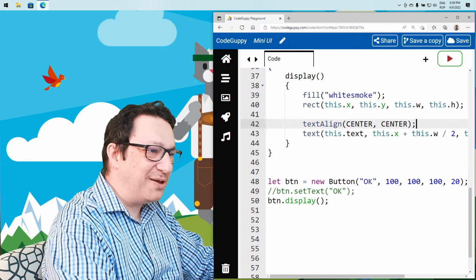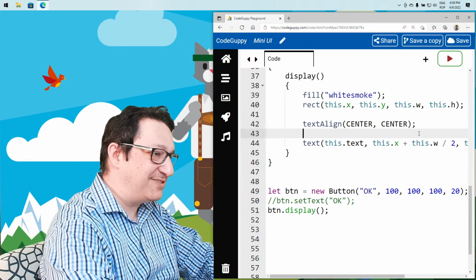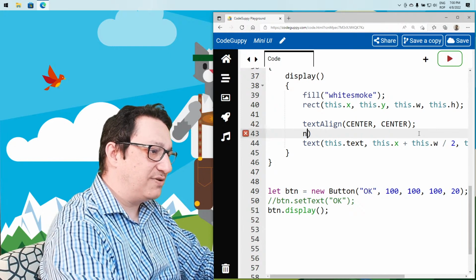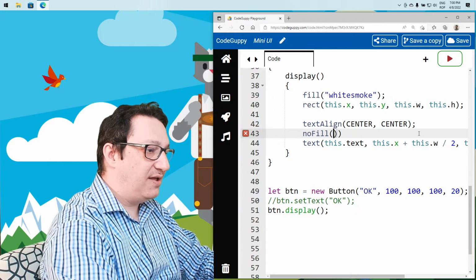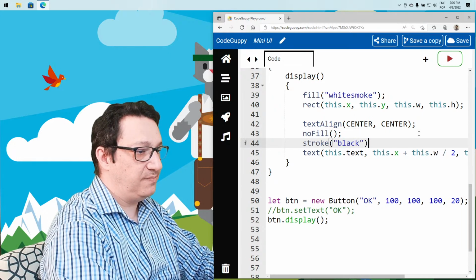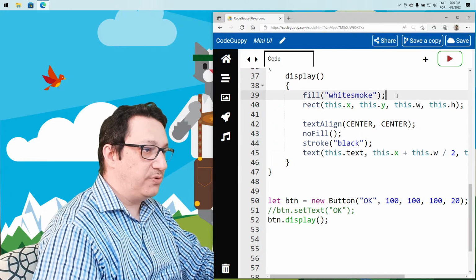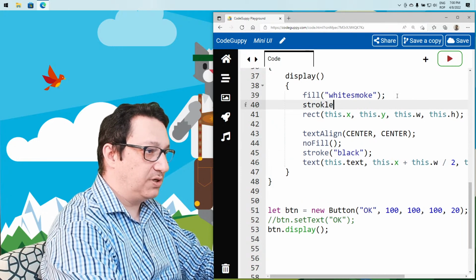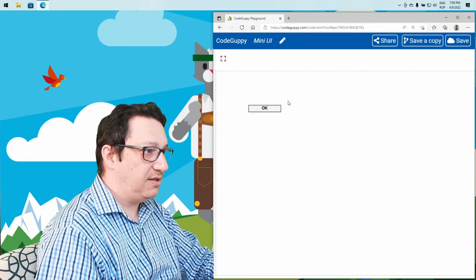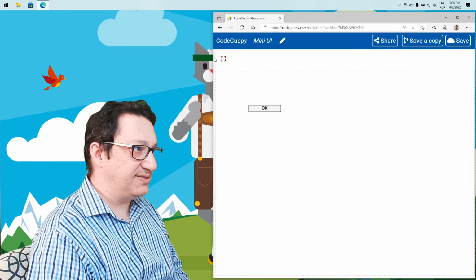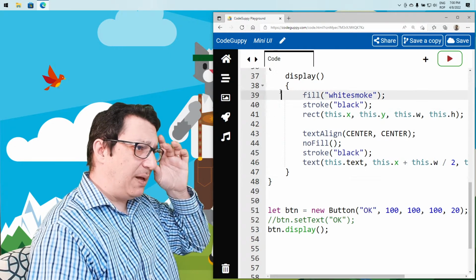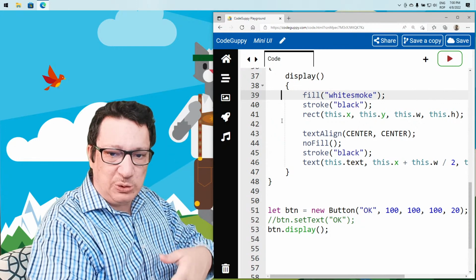We can beautify it, make really nice buttons if we want, like fill or no, I think we're saying no fill here, and then stroke, perhaps we want to display it with black. And this one, when we do direct, we have to have stroke black. Yeah, and we have a button with OK inside. All right, and this is the display for the button, right? Now we can have input boxes, link labels, but